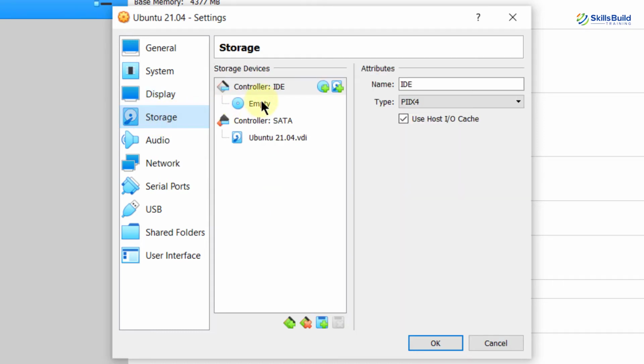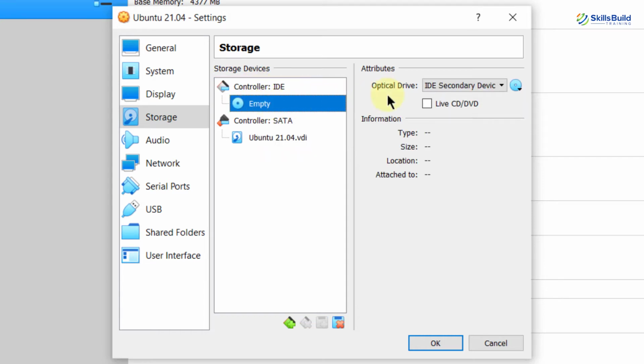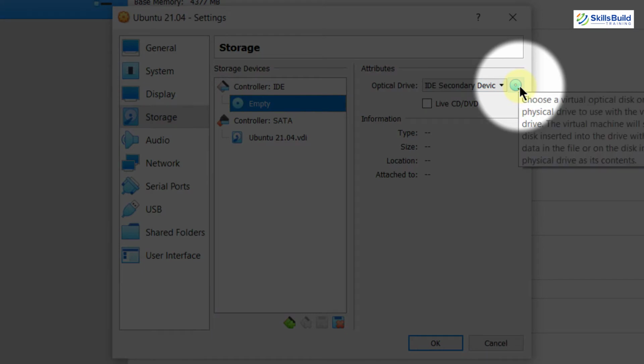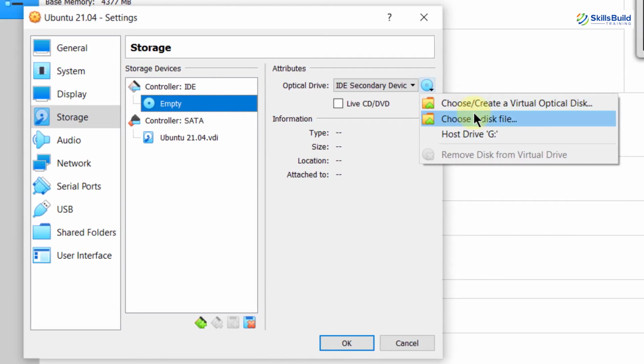Just click on it, and here you have controller IDE. If you click on it, here we have empty, meaning we do not have any disk image file in here. Click on it, and in here just click on this small drop down arrow. If you click on it, here we have two options: choose or create a virtual optical disk, or choose a disk file.